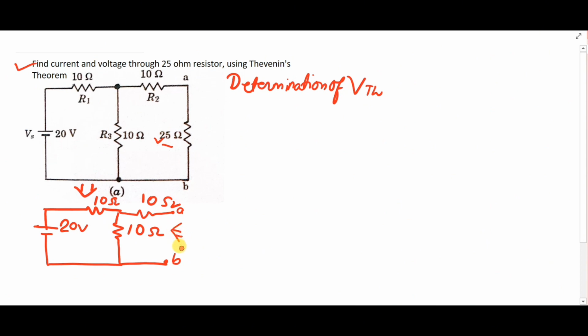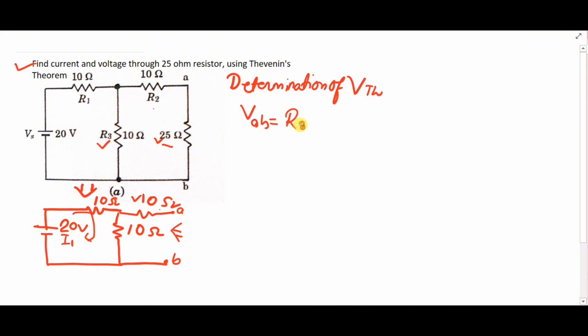There is no current in R2. No current will flow through this 10 ohm resistor, which was R2 previously. That's why there is no voltage drop in this section of the resistor. So now our voltage drop VAB will be equal to this resistor into the current flowing through it, which, if the current flowing through it is I1, then the